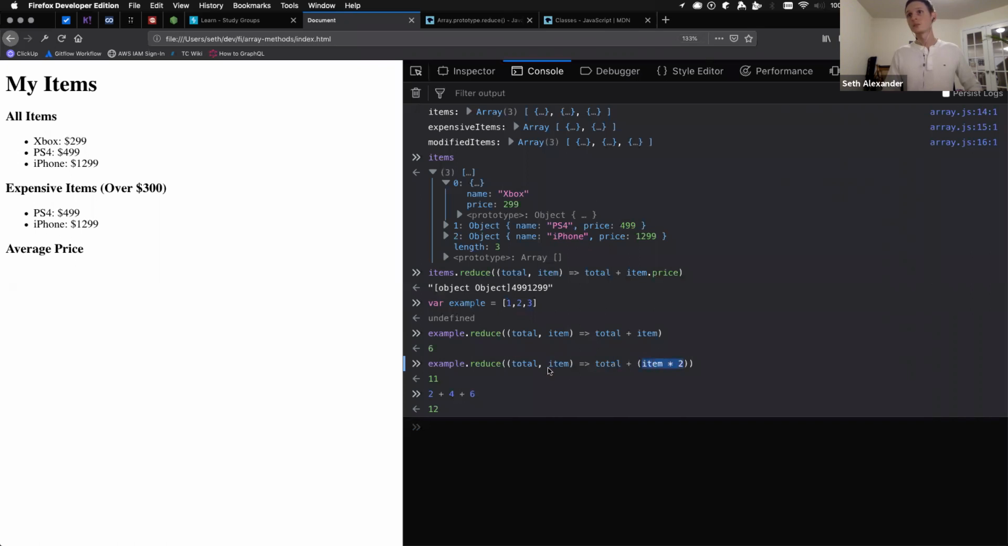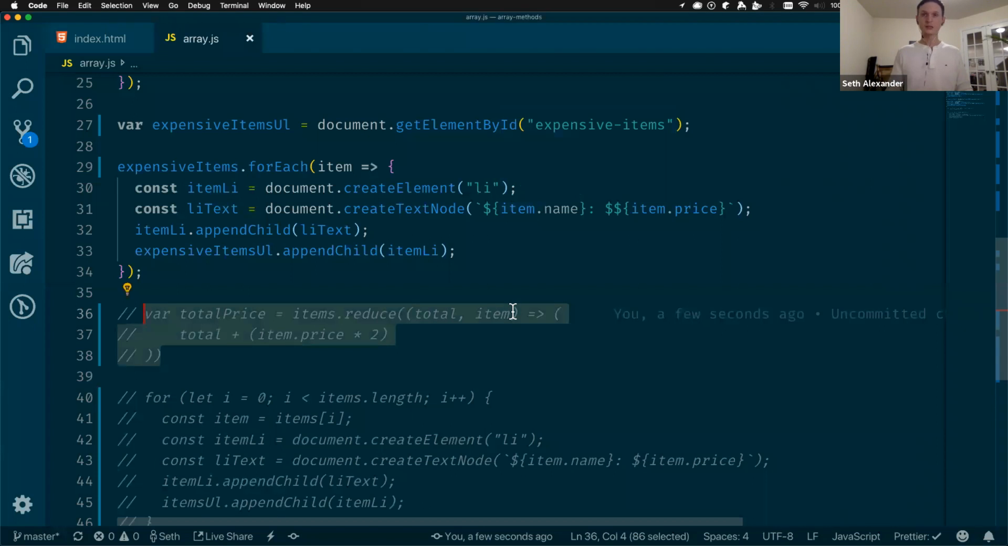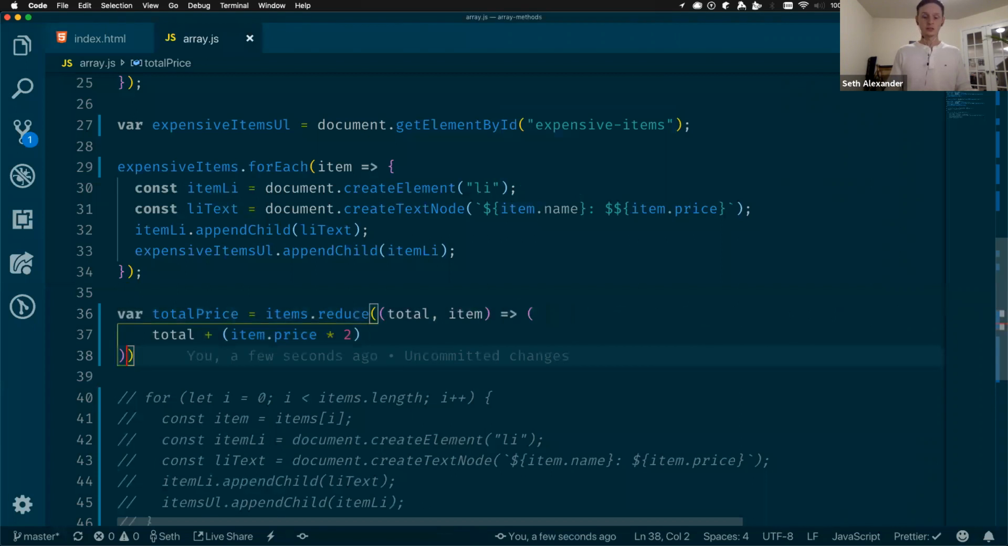So then we've skipped doubling this first element. So that's where the initial value really comes into play. And while it's optional, I feel like it's one of those things that it's very good practice to always include it in here. So we can say 0. Now,